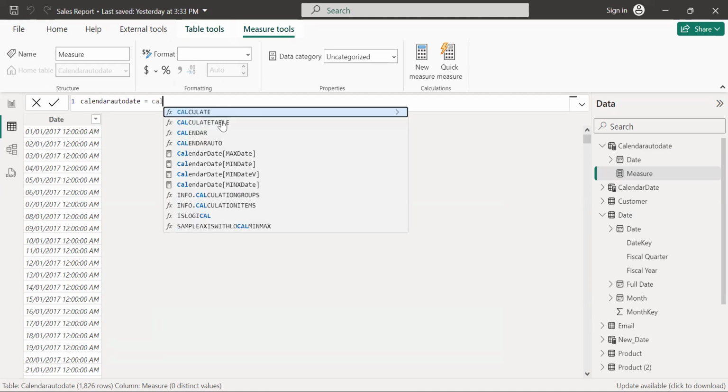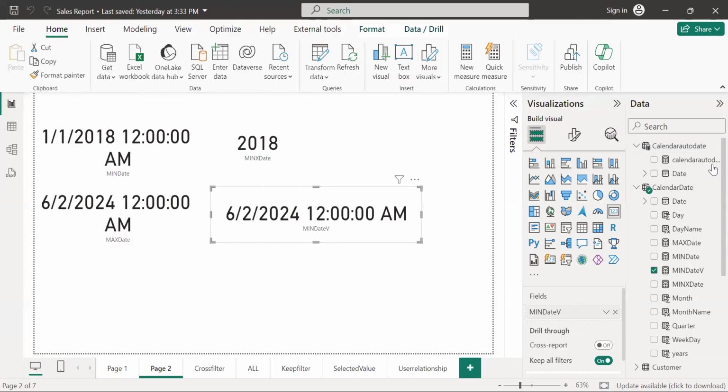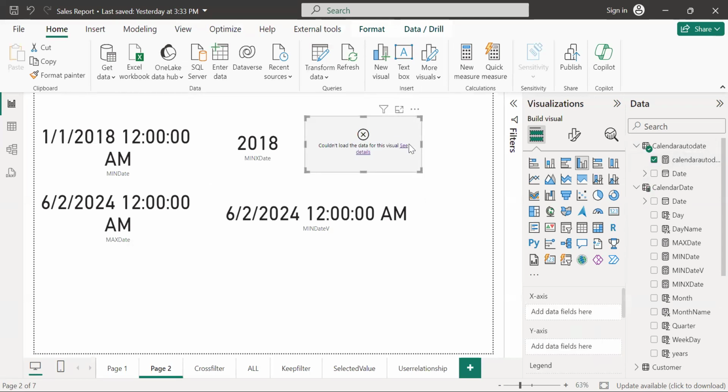Now I'll type the CALENDARAUTO function, put 3 here and hit enter, and that gives me the calendar auto date. When I drag and drop that here,